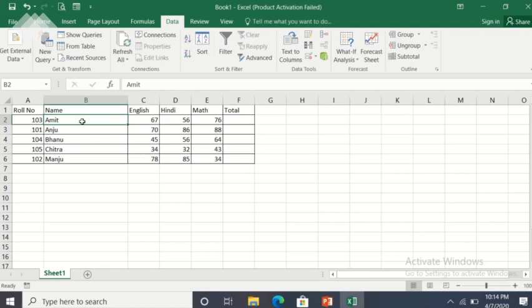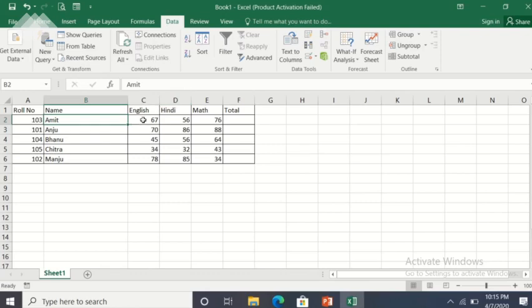After this, now let's learn how to do simple filtering. Filter means to find the specific data which satisfies our criteria or our value. Suppose here I want to know the students who are scoring marks below 50. So how will I find that? Here you have only four or five entries, but in a database you have thousands and thousands of entries. It becomes very difficult to find. So in that situation we use the filter option.